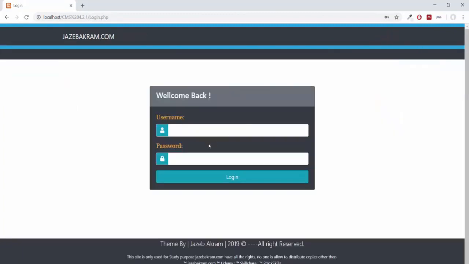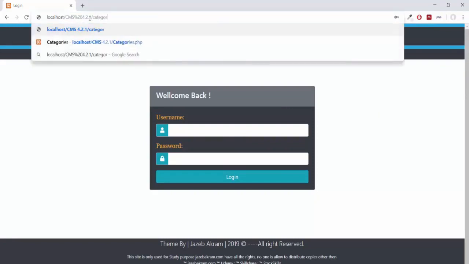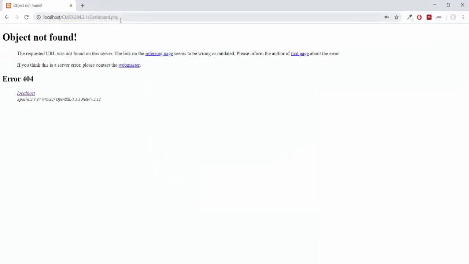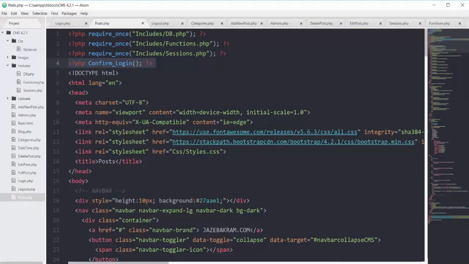Let me show you again. Click logout. Now if I go to my page of categories.php, see, I'm on login.php. My intention is to go inside my categories page. So if I give it my username and password, see, I'm on the dashboard.php page, not on the categories page, which was my intention. So in this movie, we will build this system to track every single page and send the admin to the page where he wants. So back to my editor.